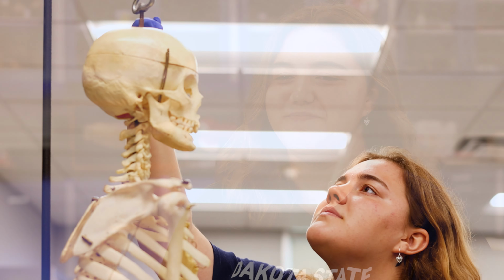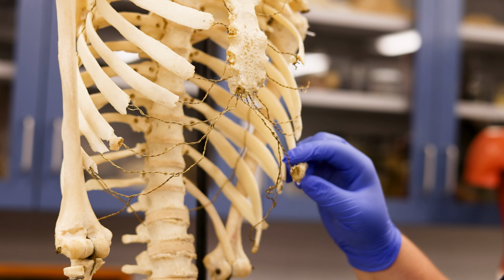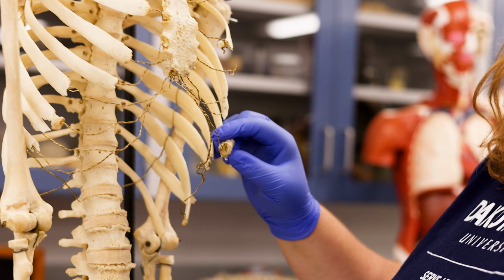I am working on 3 real human skeletons. Everyone here has to take a class that kind of preps you on research. So I knew pretty much right away that that's what I wanted to get into. So I have EPSCoR funding, and I found out maybe about a month before the conference that even though